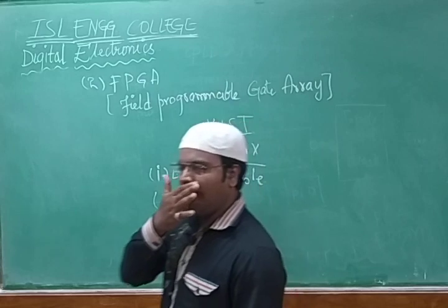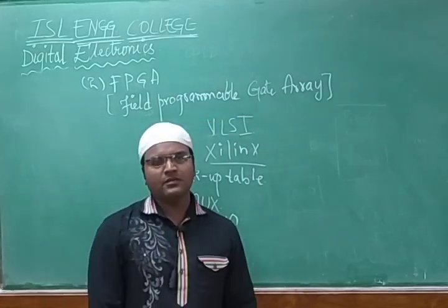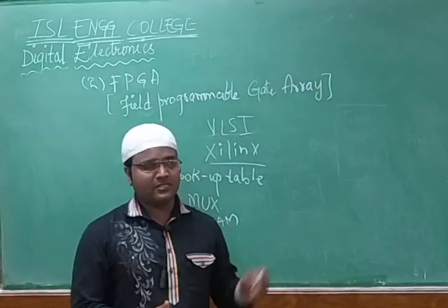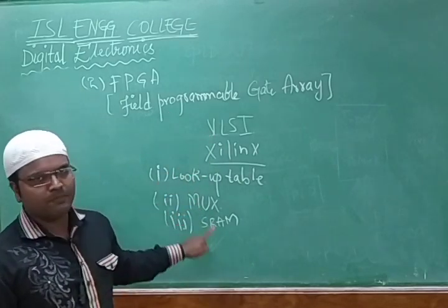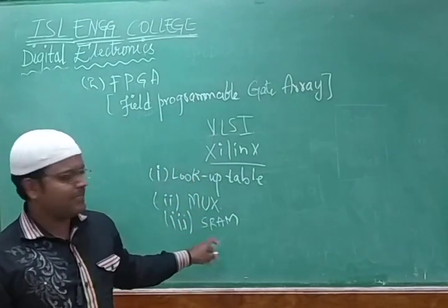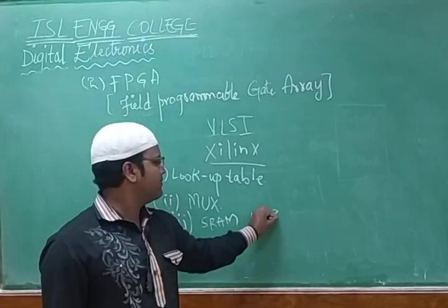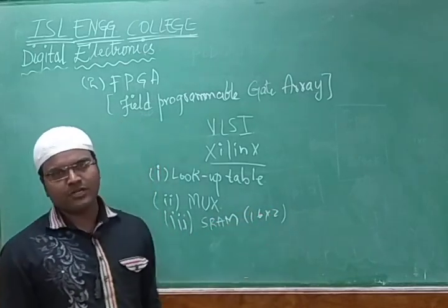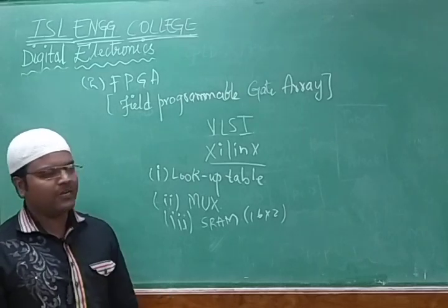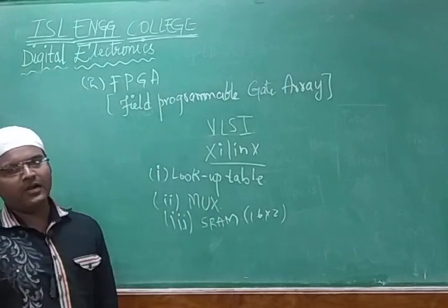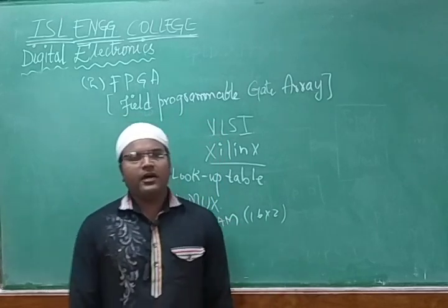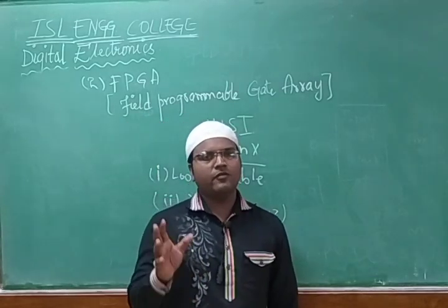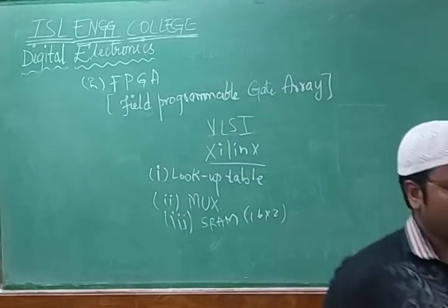by using these concepts and their different variants, we'll first see the architecture of the FPGA given by Xilinx. It's a company which has explained about this kind of FPGA. It is used in the VLSI domain and it uses lookup tables, multiplexers, static RAM, with designs like 16:2, 32:3, like that. We have different types of designs. By looking into these parts, we are going to design the FPGA, right? So that FPGA architecture and the designing part we will see in the next class. Thank you.